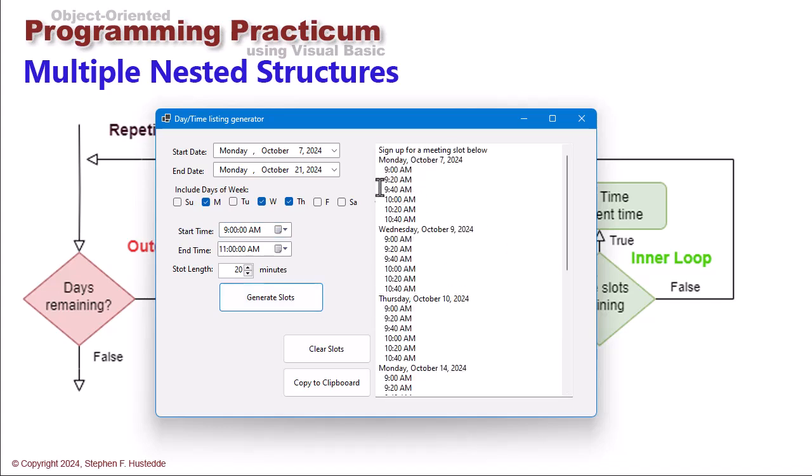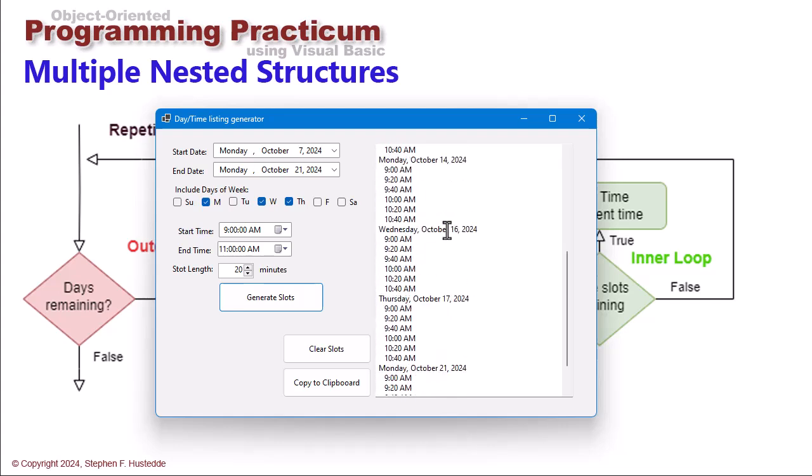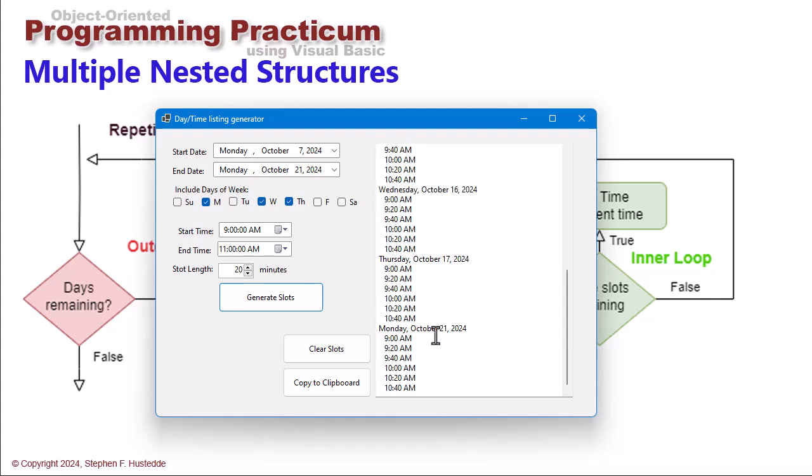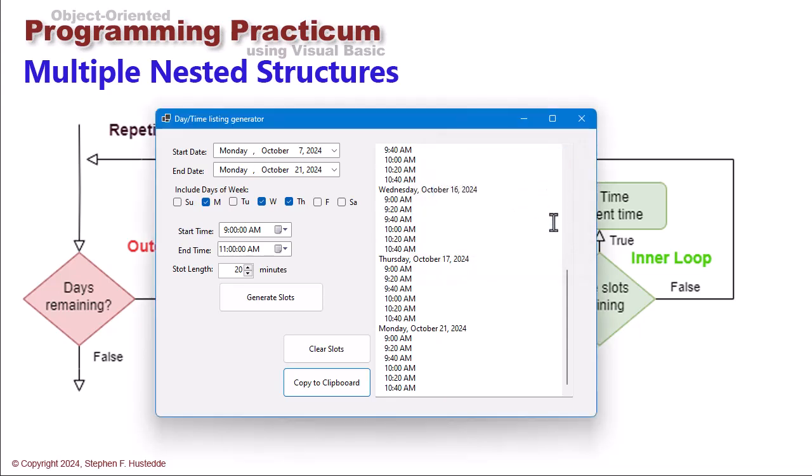and you can see between Monday, October 7th and Monday, October 21st, 20-minute intervals between 9 and 11 a.m., we get Monday, October 7th, 9, 9:20, 9:40, 10, 10:20, and 10:40. And then on Wednesday, October 9th, same thing. Thursday, October 10th, Monday, October 14th, Wednesday, October 16th, and Thursday, October 17th, and then again on Monday, October 21st. That can be copied to a clipboard. I'm told it's copied to the clipboard, and I can then paste that into Microsoft Word or some other